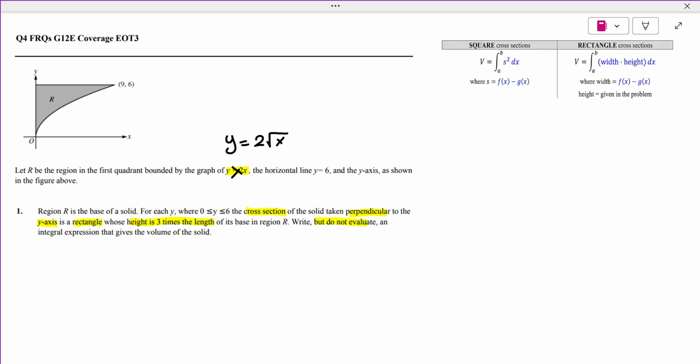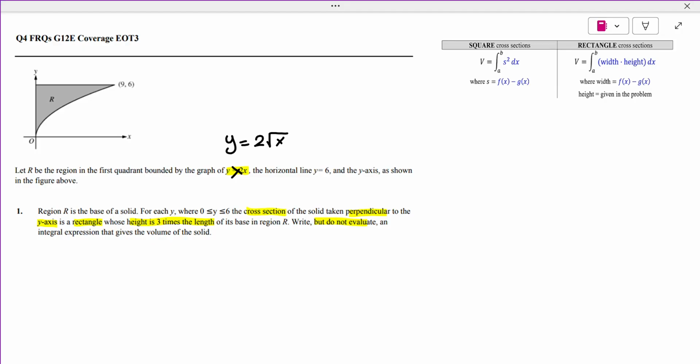Now, if you look at those two integrals used for square cross sections or rectangle cross sections. In this question we have a rectangle cross section, so we will use this integral, but our integral should be written in terms of y because the question says perpendicular to the y-axis. The height is given in the problem and the width, or the length, is given by f minus g, right? So